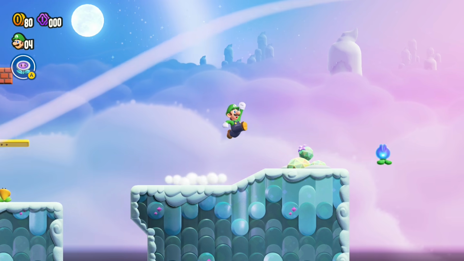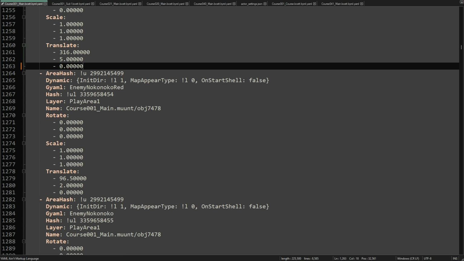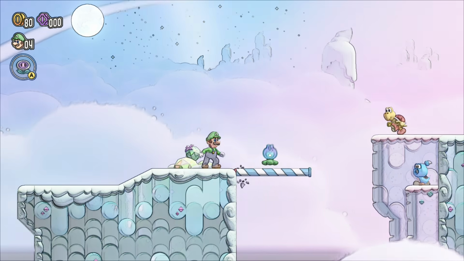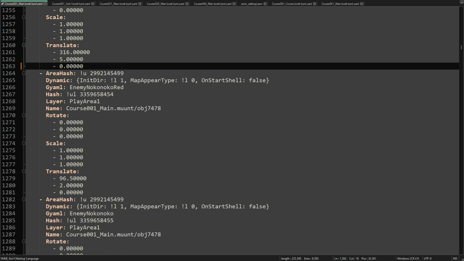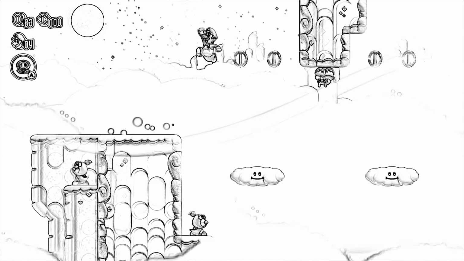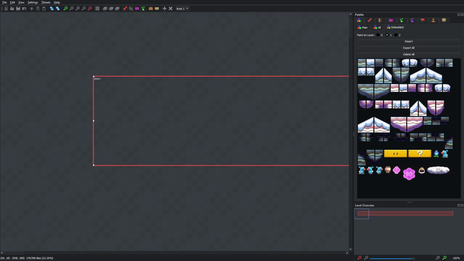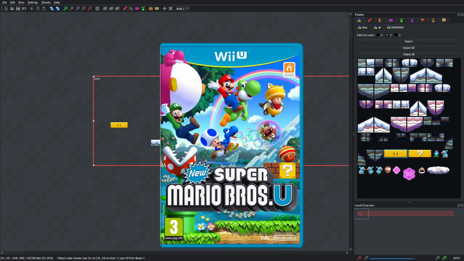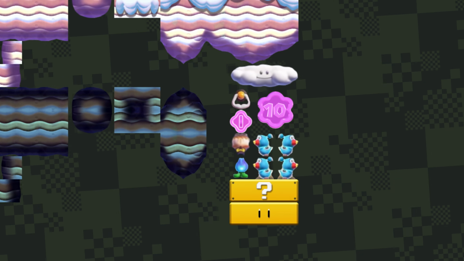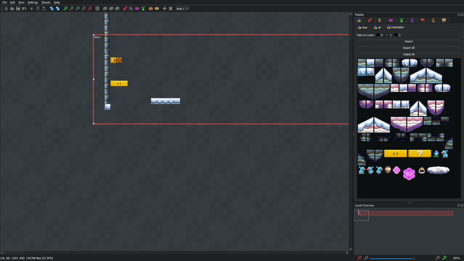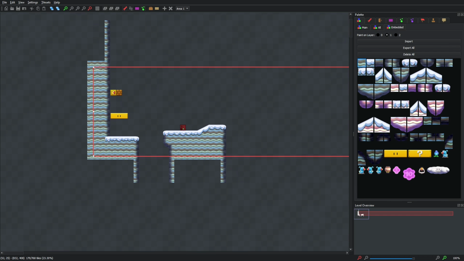Okay, so that's the level's mechanics. Now, how did I get started? Did I just start typing random elements into my level and hope they would work? No, actually. I decided I'd sketch my level out ahead of time so that all I'd have to do in the text editor is copy over what I'd already designed. For this task, I decided to use the Miyamoto level editor, which is actually made for creating custom New Super Mario Bros. U levels. I made a placeholder tileset that included the elements I wanted to use in the level, and off I went, designing a Wonder level in a New Super Mario Bros. U level editor.